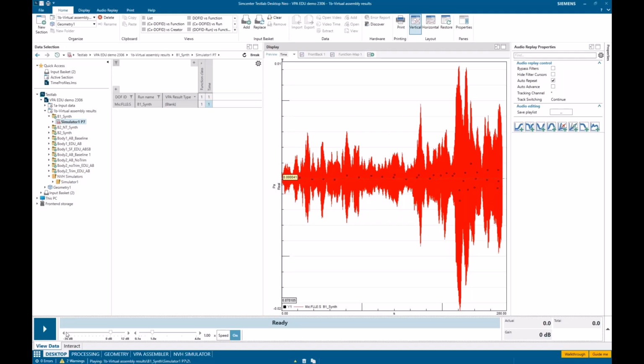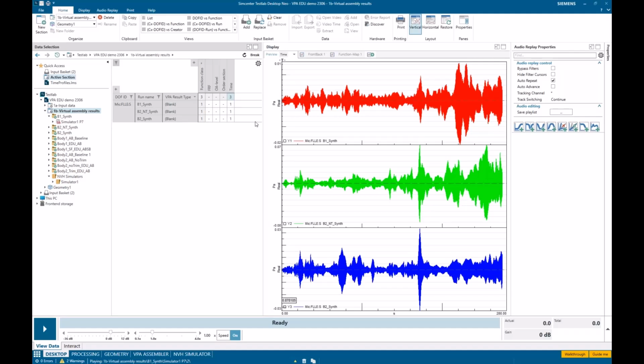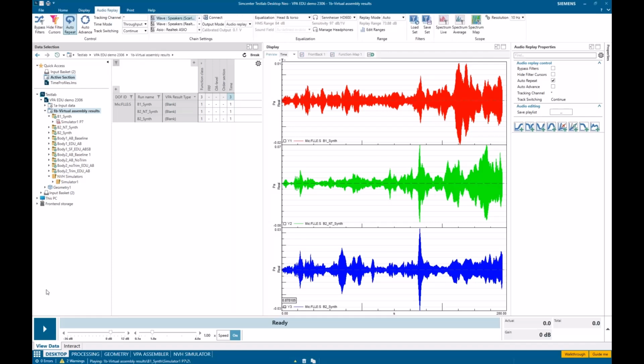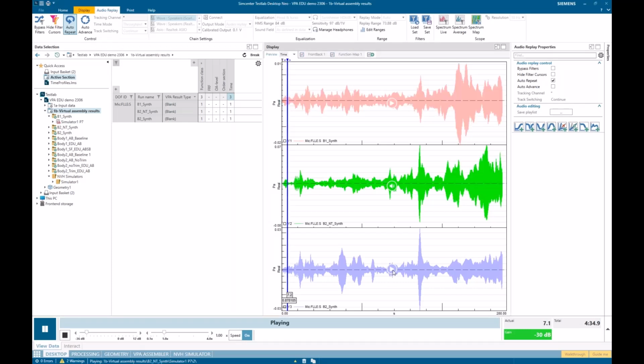Okay, but for this example, I'm going to look at all 3, and I've got body 1 up here, body 2 down here in the blue, and then body 2 with no trim here in the middle. And being in Neo, I can take these and I can start replaying these, but I can quickly listen back and forth to these 3.